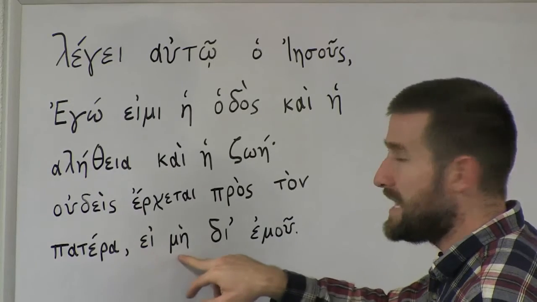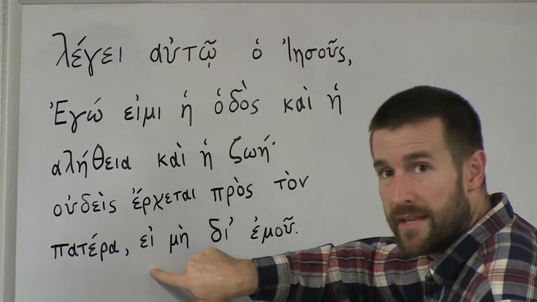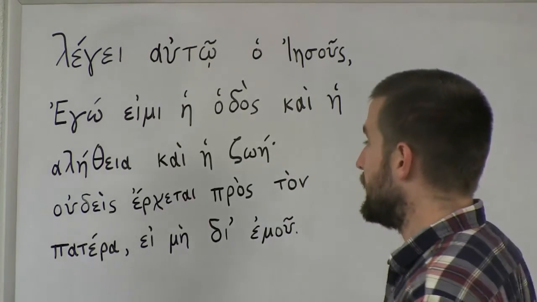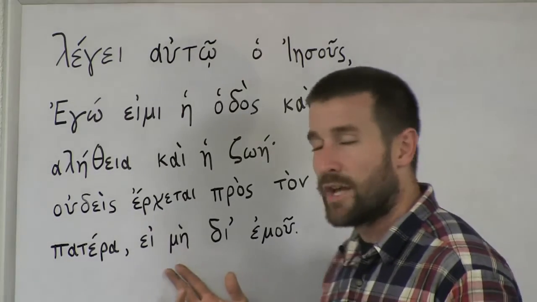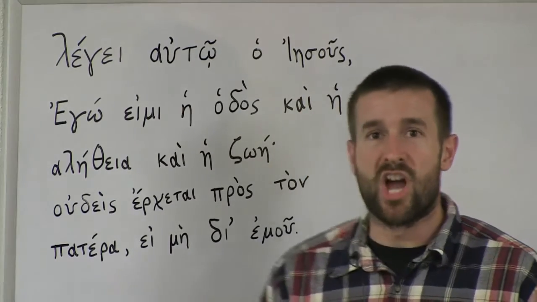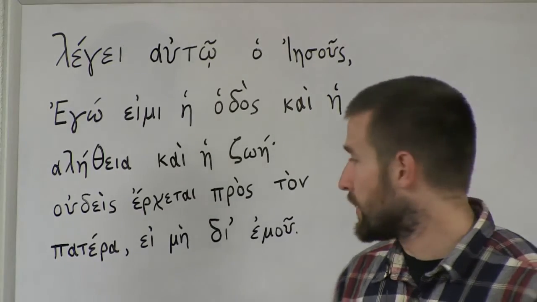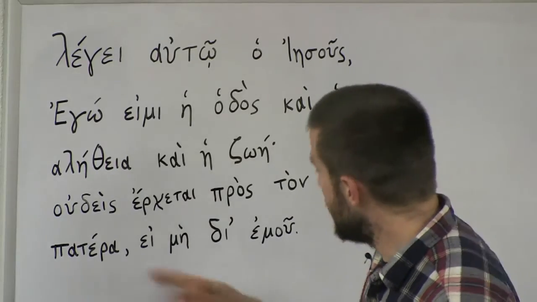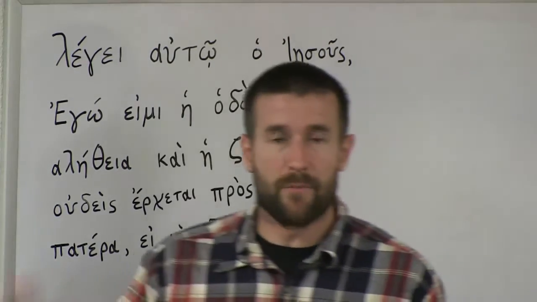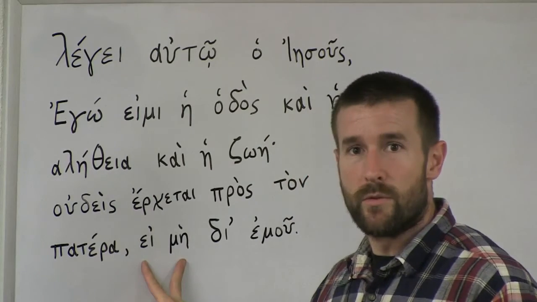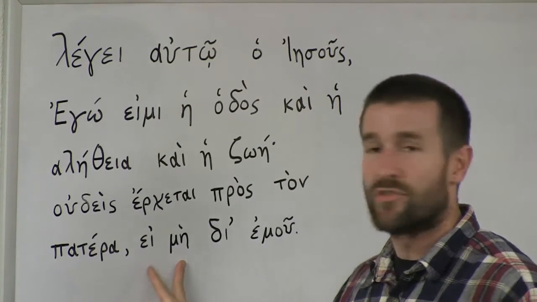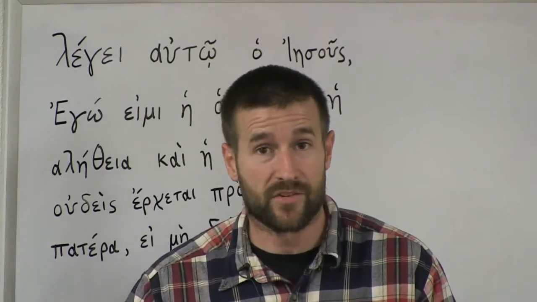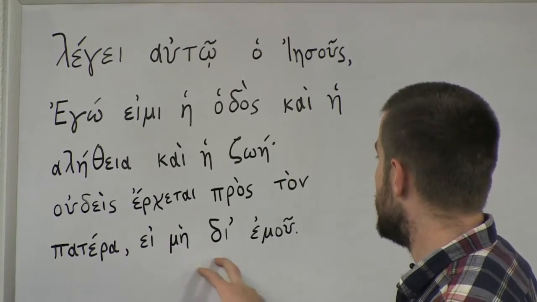And again, the e, me, these two words together mean but, in the sense of except by me, but by me, all right? There's no other way but him. So this word by itself, me, is our English word not. It's just a negating word that's used, okay? And then this e by itself means if, okay? So if not by me. No man cometh unto the Father if not by me. But these together, we would be more likely to translate it as, you know, no man cometh unto the Father but by me. That sounds the way we talk in English, right? Instead of e, me, the, emu.